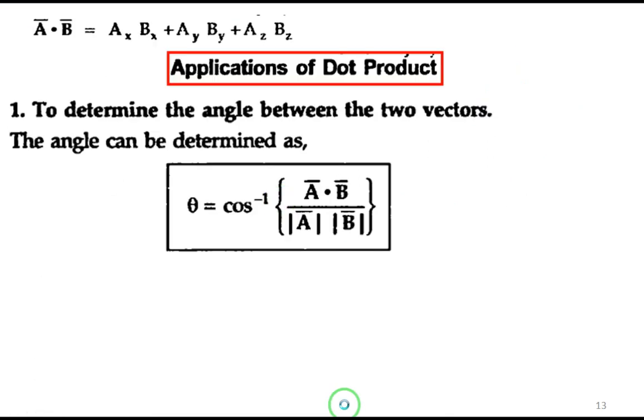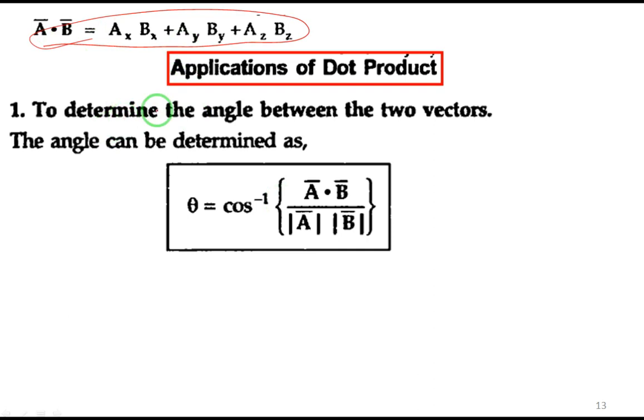So it is written here in the next slide. You can see here. Is it fine? Yes. Then what are the applications of dot product? We have to see. Is it fine? Okay. Time is 11:10. Applications of dot product. After you see the applications, we will wind up this lecture. So first, there are two applications of the dot product.